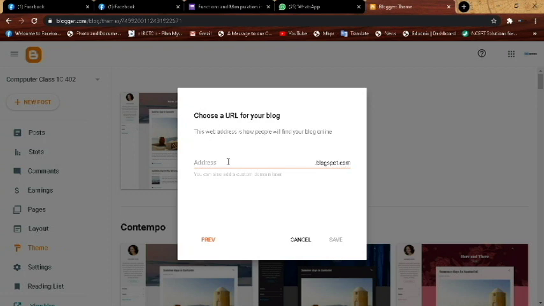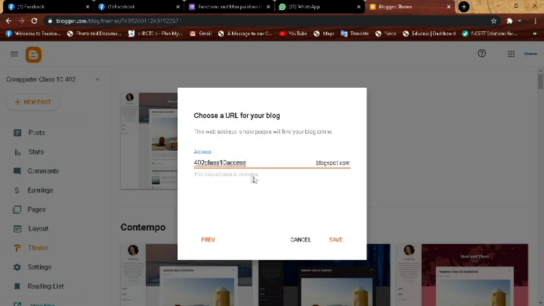So I am creating it in the name of 402 class 10 access. So this is the URL which I am creating.